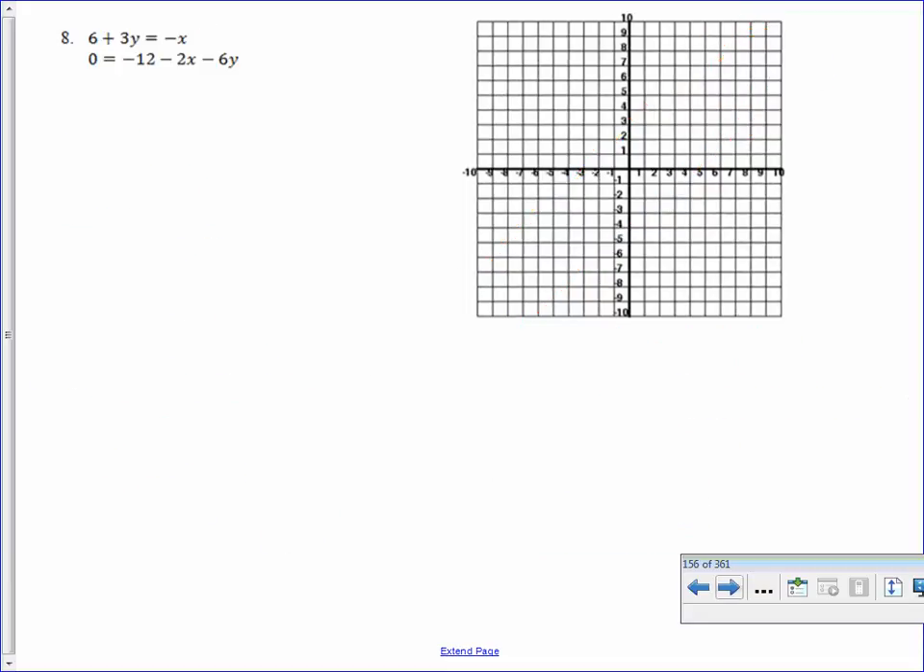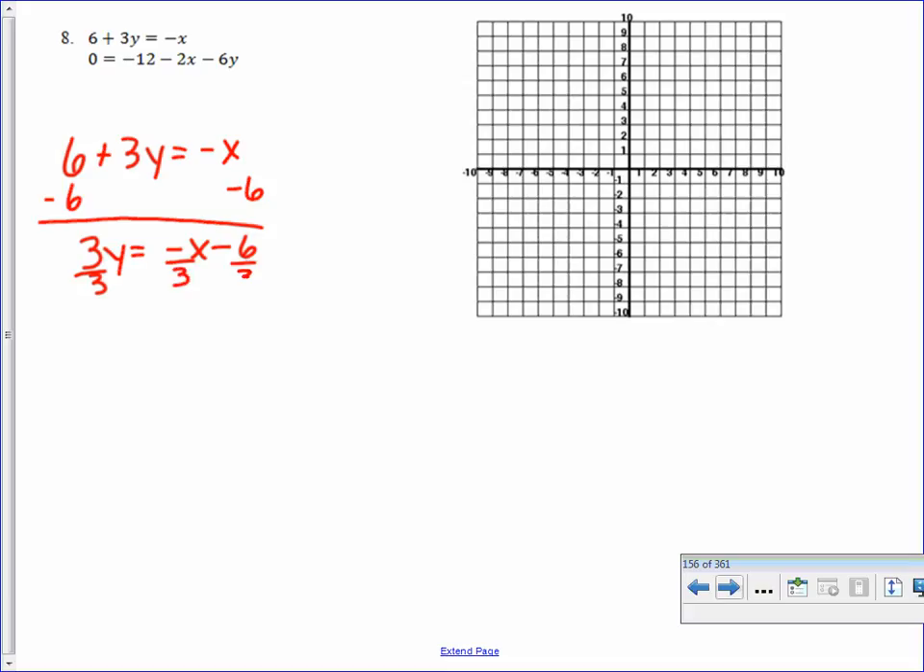When I take a look at the next example, number 8, I have 6 plus 3y equals negative x. Again, let me get myself into slope-intercept form. So I'm going to isolate my y and make sure I divide every term by 3, and I get y to equal negative 1/3 x minus 2. My slope here is negative 1/3. My y-intercept is negative 2. I'm starting at the negative 2, and I'm going to be going down 1 to the right 3,